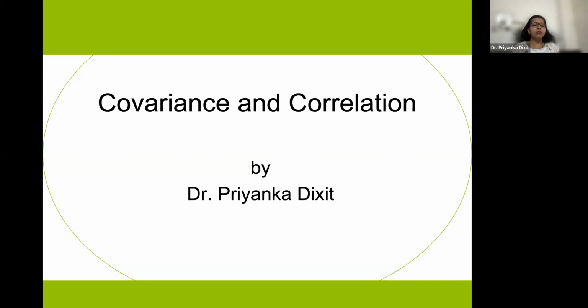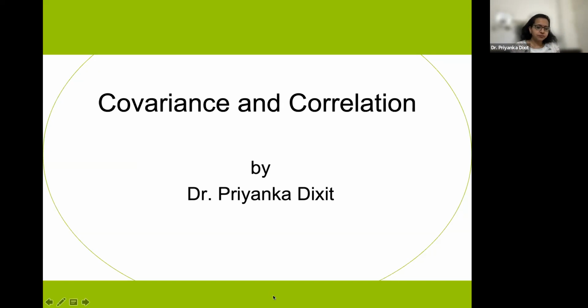Now let's first look at correlation, when the two variables are on a continuous scale. In the example I just mentioned, what is the nature of the variable, continuous or categorical? It's continuous. So which test can we apply? We can apply correlation because both variables are measured on a continuous scale. It's a very simple and basic difference.